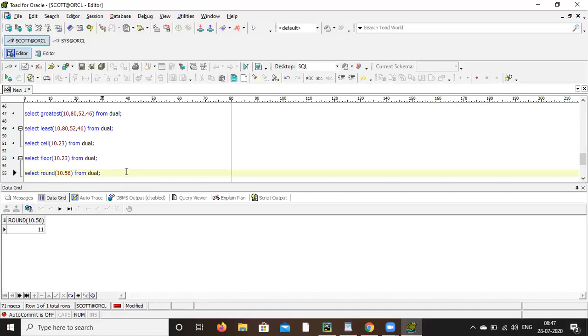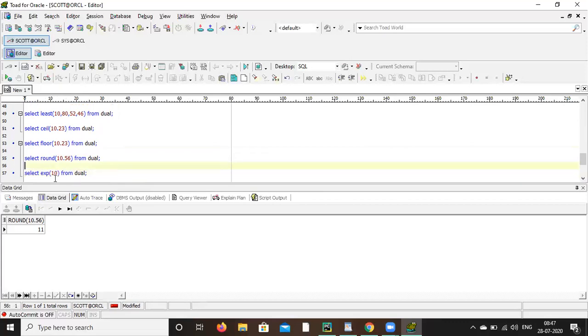Now exponent. Select exp within bracket 10. That means e to the power 10. So exp within bracket 10, you get e to the power 10.